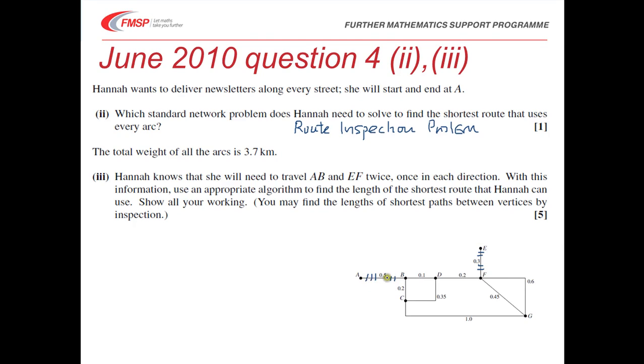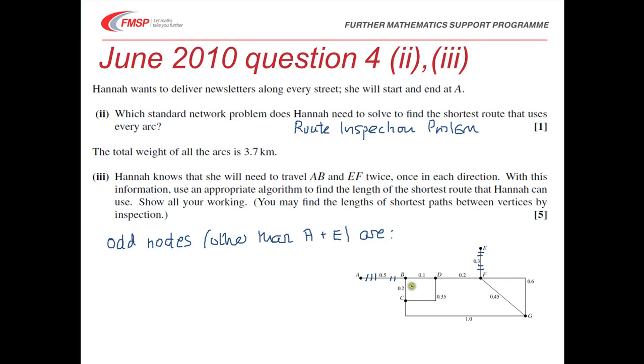Now we know that we're going to have to repeat these, so we know that we're going to have to add this 0.5 and the 0.3, 0.8 on. But we don't now need to consider A and E as odd nodes, because we have to do that. So we're going to look at the order of the other nodes. So the odd nodes other than A and E are,